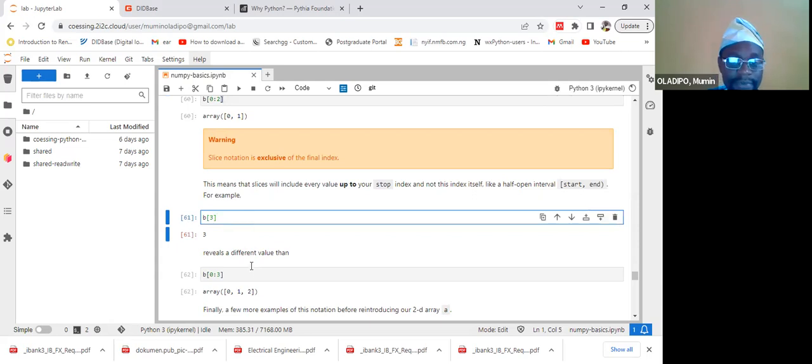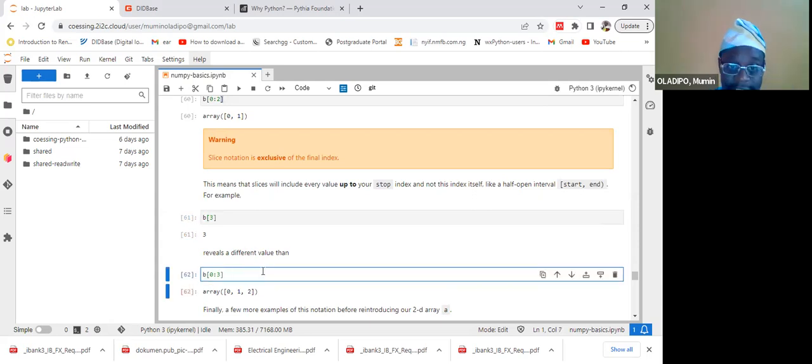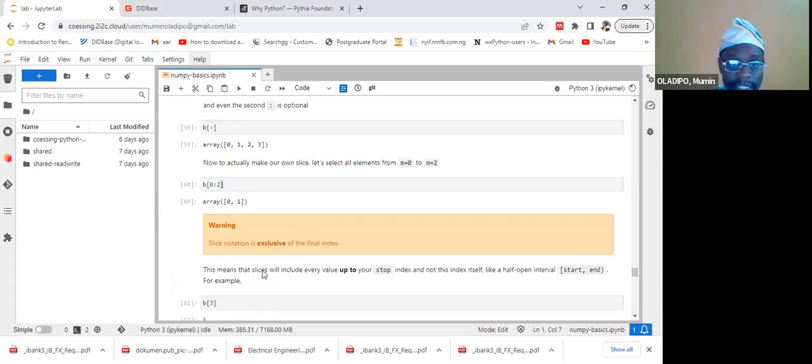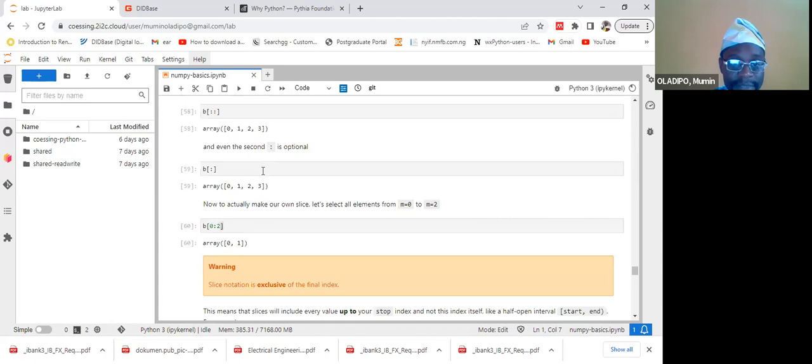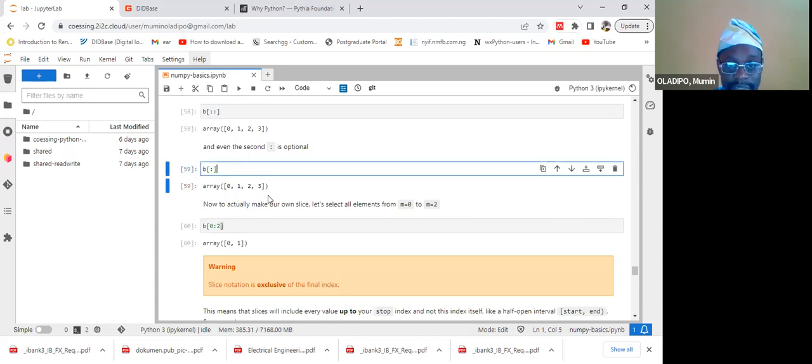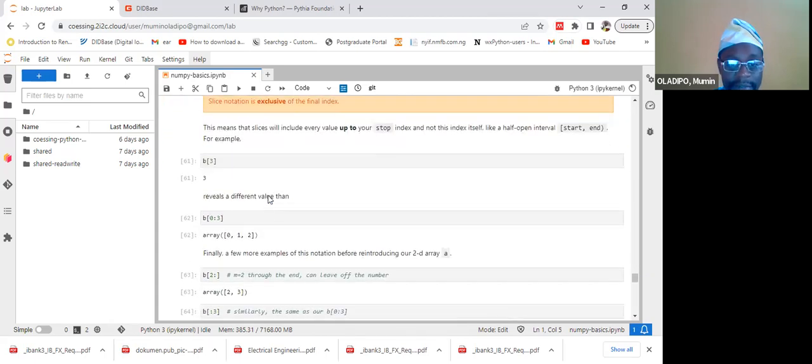So if you have B[0:3], we've already created B. B is an array from 0 to 3. However, now if I'm only selecting it to start from 0 and end at 3, then I will not be selecting the